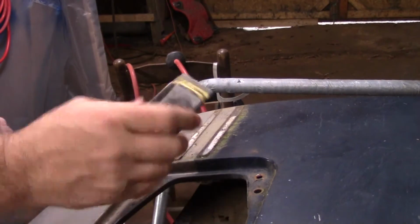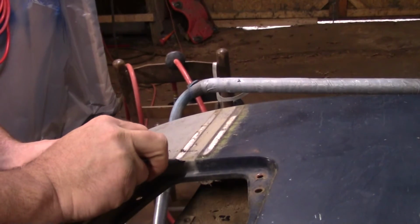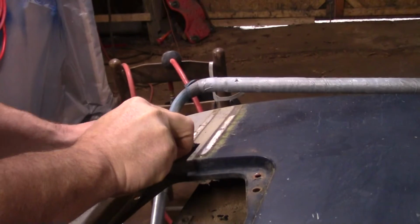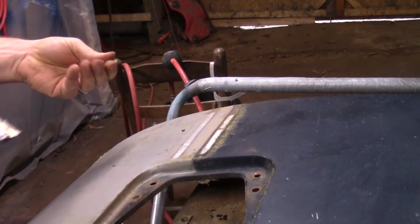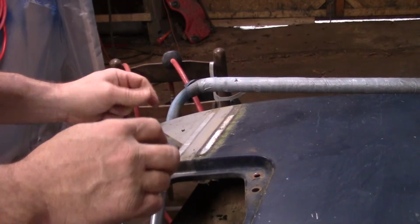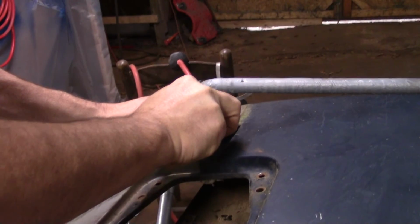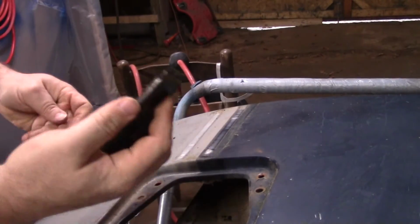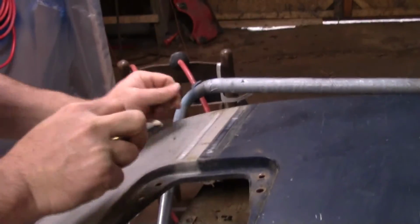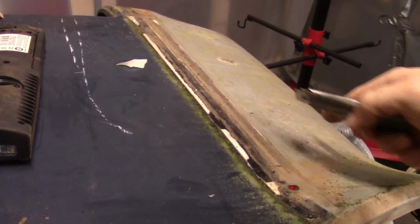Alright, so I'm just going to use a razor blade scraper, and it's got a pretty decent blade. It ain't new. If you had a dull one, it'd probably be even better, but I'm going to try this first. Like I said, I ain't really worried about scratching up the paint, because we'll be sanding it off anyway. Just don't do no gouging. If you don't want to use a razor blade, get you one of those eraser wheels. It'll take it right off. It's just a little more dirty for me. A little more pain in the butt to use it. This bottom one, it came off pretty clean, but